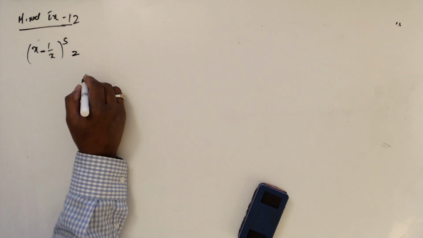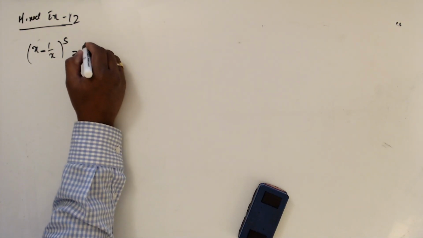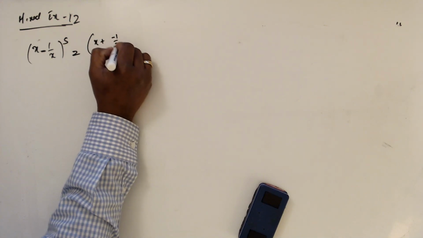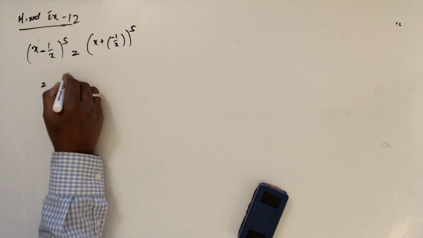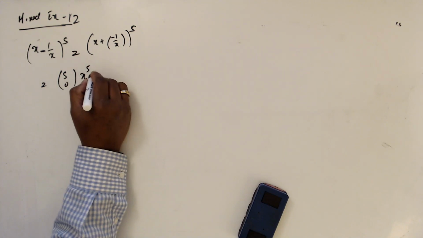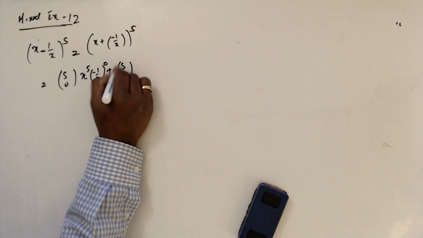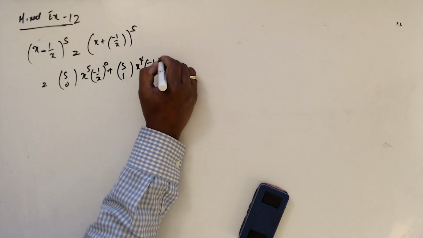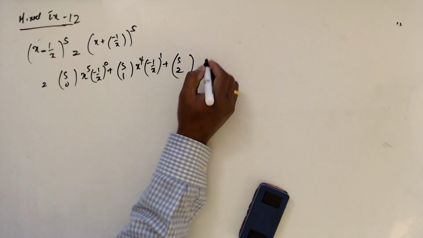Question number 12. So we'll expand this one. We have to write it in the right form: (x minus 1 over x) to the power 5, which is the sum for r equals 0 of 5Cr x^5 minus 1 over x to the power 0, then 5C1 x^4 minus 1 over x to the power 1, and 5C2